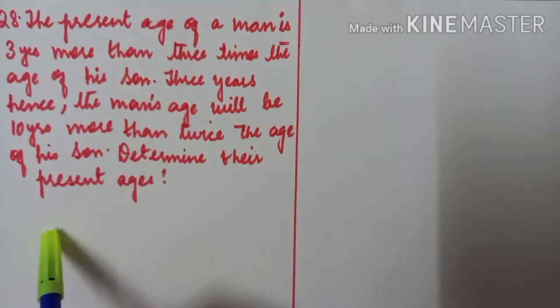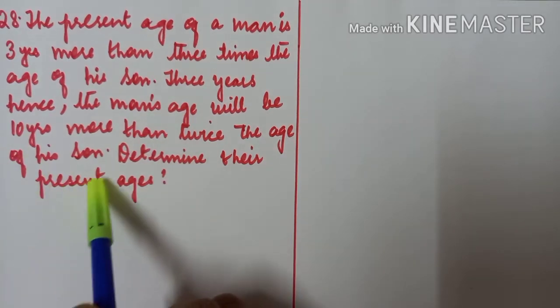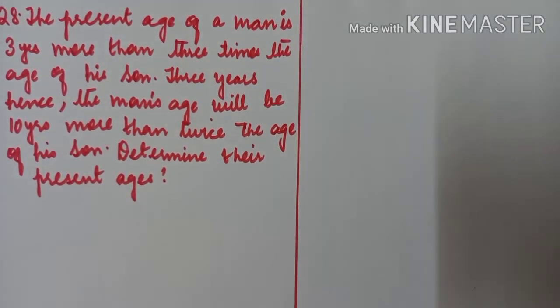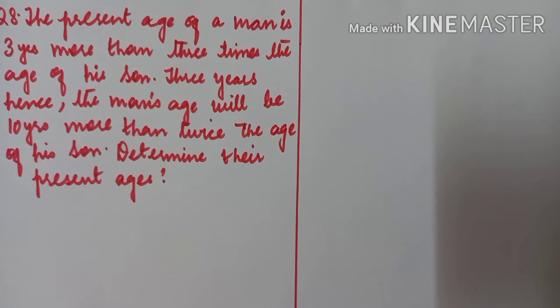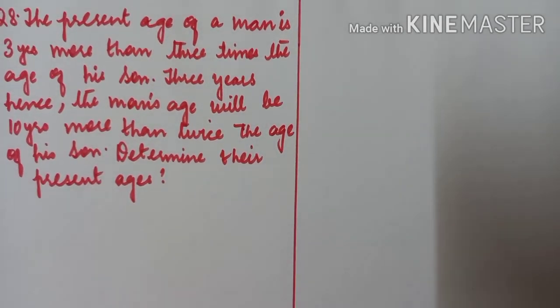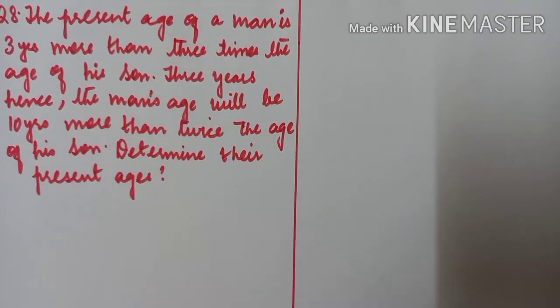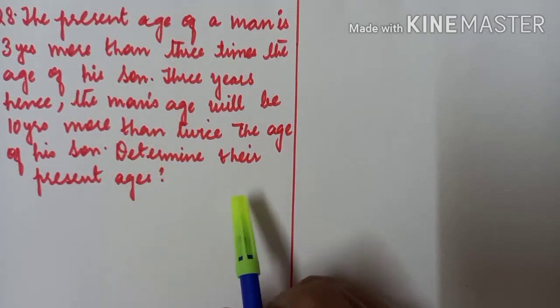So always remember, whatever we need to find out, that thing only you need to take as assumption. Like now here, present ages you need to find, so let us assume their present ages as x and y. In the previous problems also you have done like that only. Whatever you need to find the value of, that only you have to assume as variables, like the liters or some quantity we had to find in the previous problem. In the same way, in every problem it will be like that only. Whatever you need to find out, that only you assume as x, y, like unknowns.